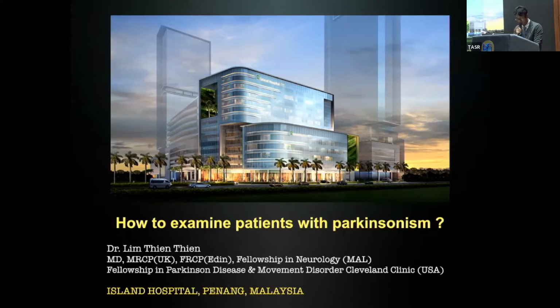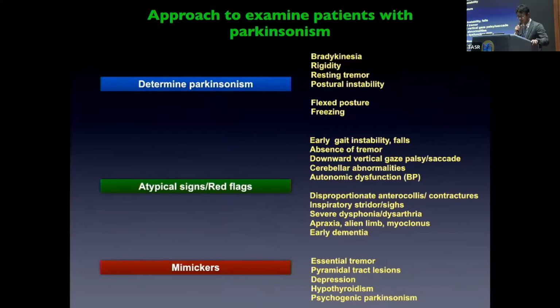So I'm going to start the next talk on how to examine patients with Parkinsonism. I'm a neurologist from Penang, Malaysia, with a specialization in Parkinson's and movement disorders. As you heard from the previous speaker on the phenomenology, the approach to examine patients with Parkinsonism, I would divide into three categories. The first is during the examination, and I'm mainly talking about the physical examination, not the history taking, to determine Parkinsonism. The second is to look for red flags, or what we'll call atypical signs in Parkinsonism. And the third is to watch out for mimickers, things that look like